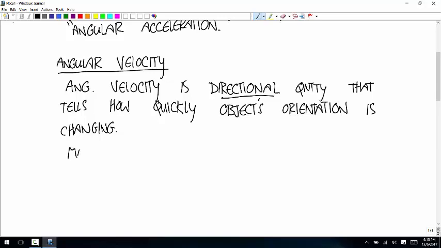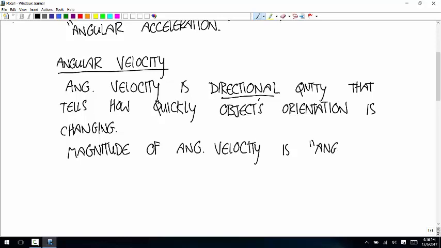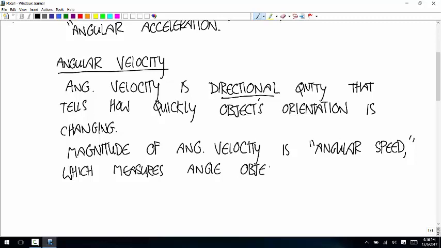The magnitude of the angular velocity is the angular speed, which measures the angle an object rotates through per unit time. And then the direction,